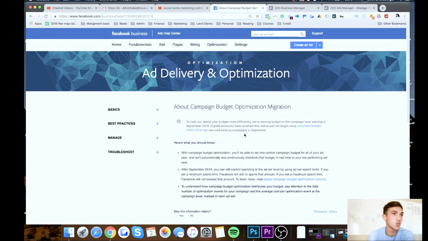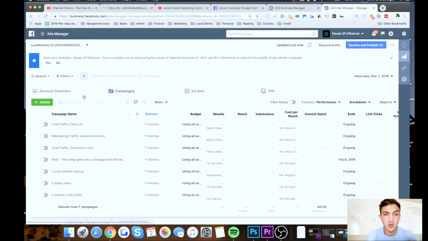The reason why this is good, everybody, is because you're able to be more effective with your audience testing compared to previously, where you did a hypothesis and figured out which audiences you think are going to work, and then looked at them and removed the ones that aren't working and put more spend against the ones that are. That's the traditional way of doing it, right? That's how everyone's always done it. But now let me show you what this means. Facebook is forcing this on us in September.